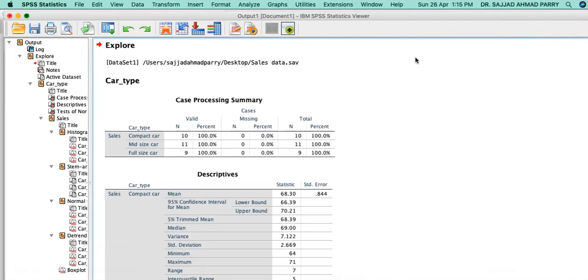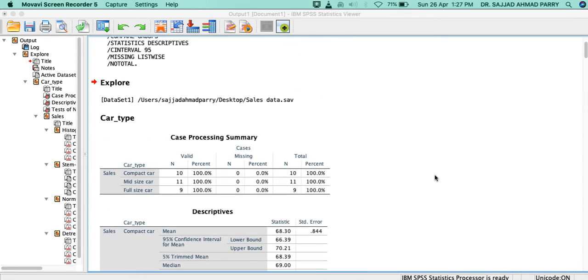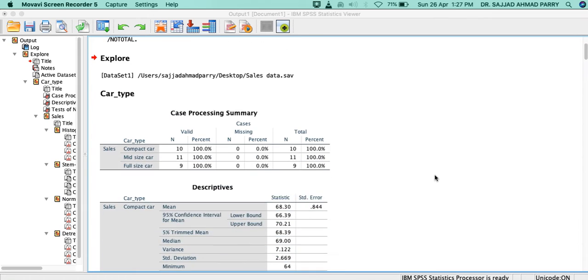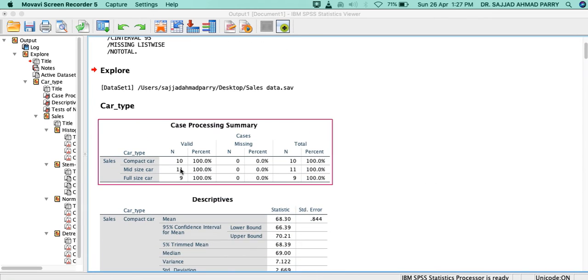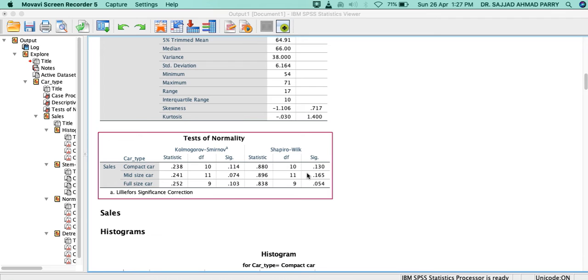So this is our result. From the output, for car type we have 10, 11 and 9 cases. You can see the missing cases are zero, so there is no missing case here. Now this table is very important.